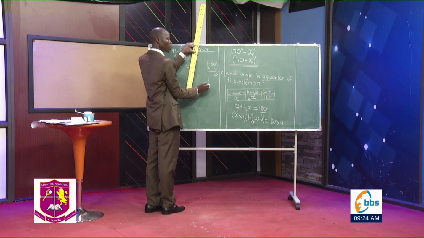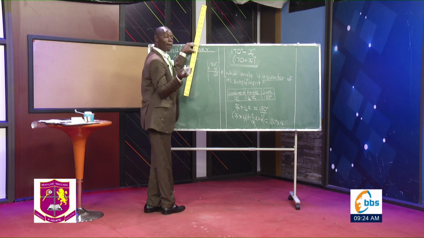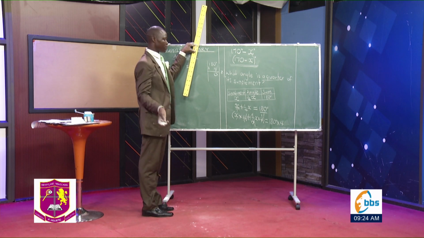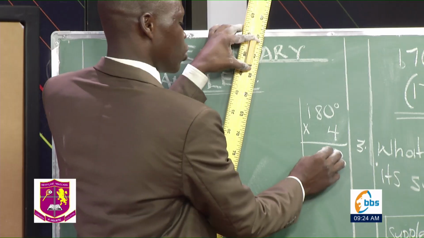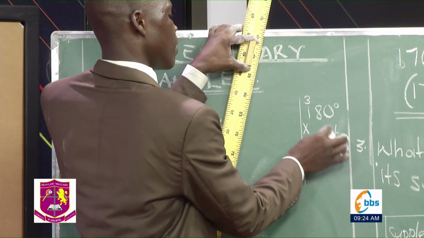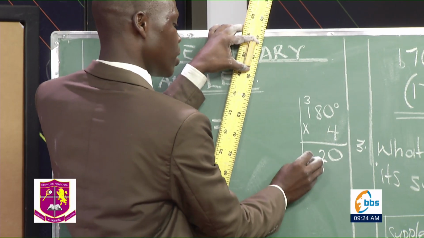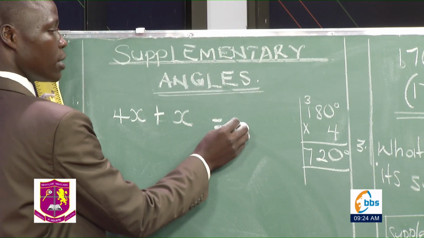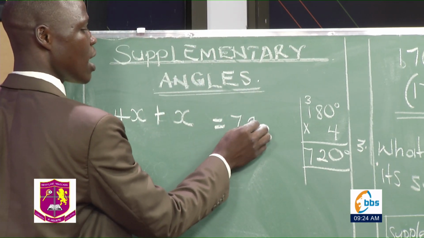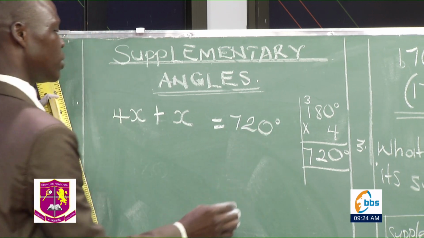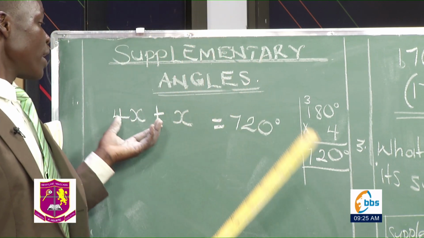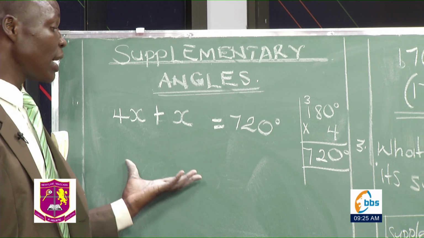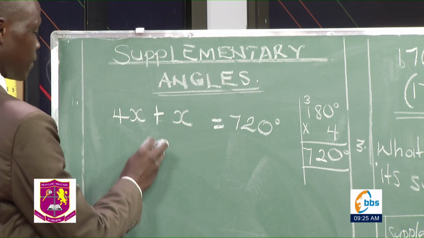This is 32. I told you last time you must have multiples at your fingertips. That is 32. You move with the 3. That is 4 plus the 3, you get 7. So here we shall have 720 degrees. So when you get 4x plus this one x, we shall end up with 5x,